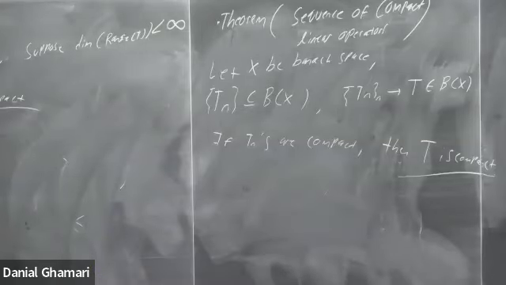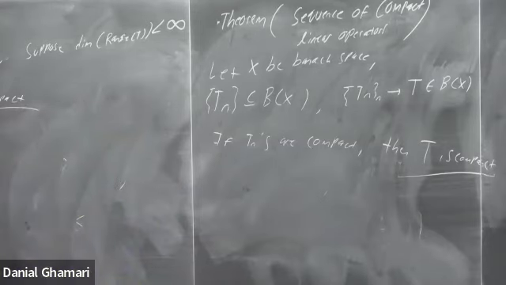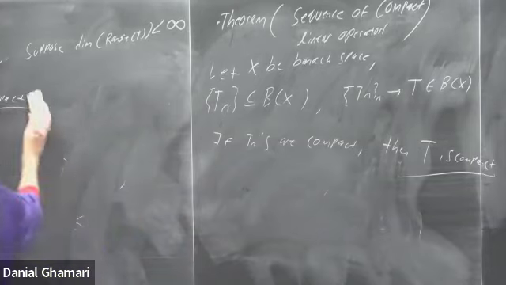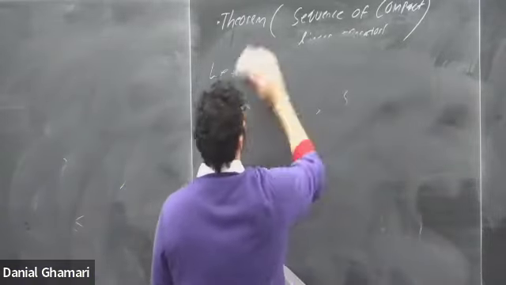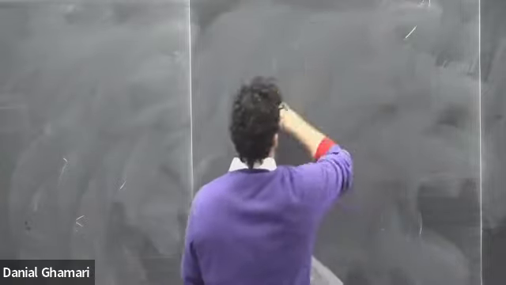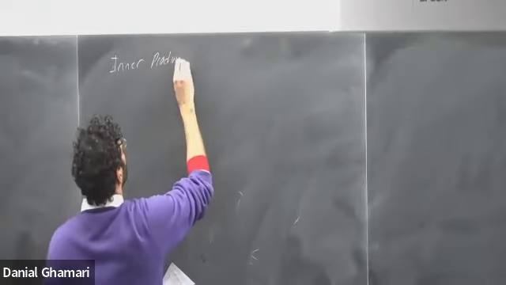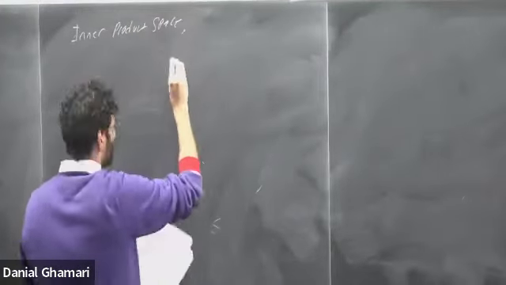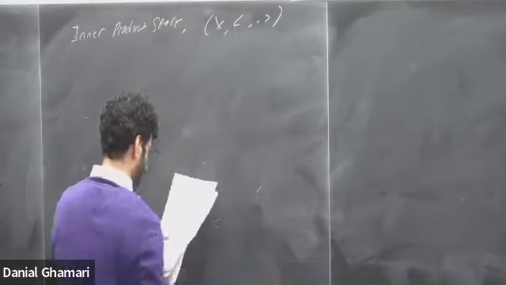Here we're going to move on from normed linear spaces and start working with inner product spaces. We're going to culminate in Hilbert spaces. So, for an inner product space, we have a vector space and we incorporate some inner product.